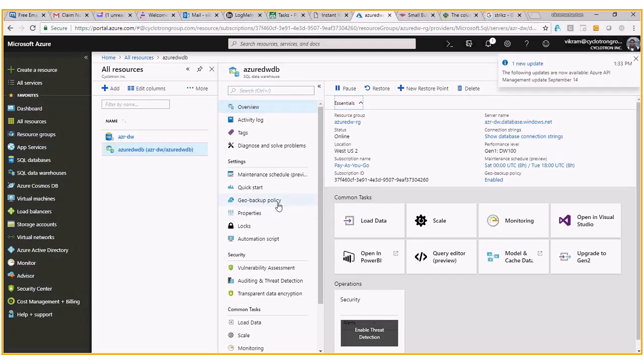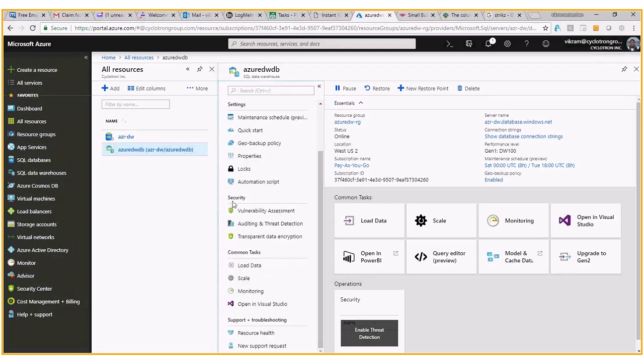Like we were mentioning, you have the geo backup policies that you can configure for restoring your data. You have monitoring enabled. You have the capability to connect with Visual Studio directly, even run direct queries on the database of your choice, and also directly connect the data source to Power BI for your reporting purposes. It provides security capabilities for assessing vulnerabilities with the data, auditing and threats, and you can also enforce TDE on your data sets for highly secure data.